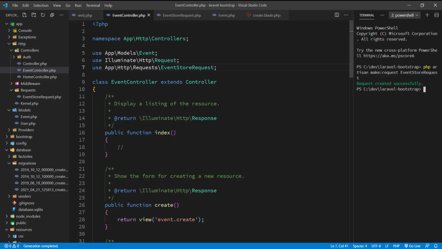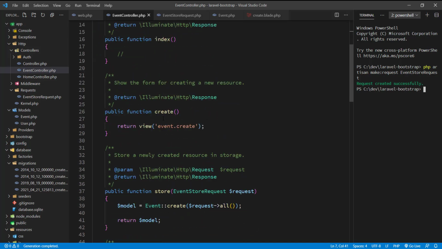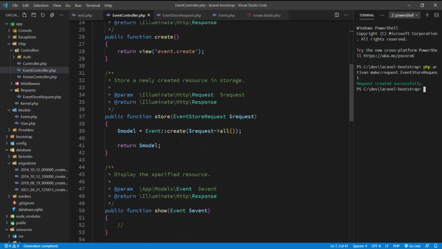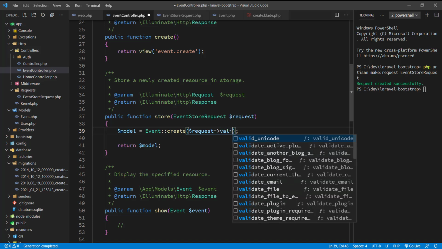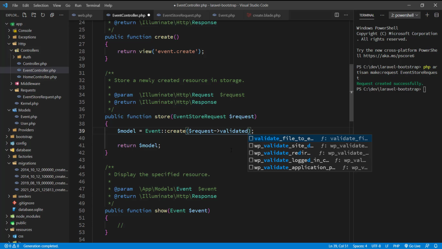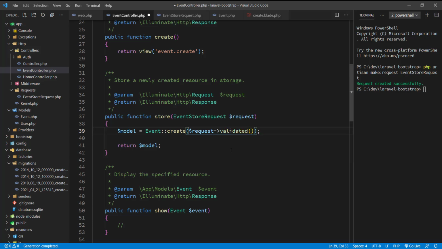And now back to the code, and here you can see it's a much cleaner and much easier way. But instead of using request all, I need to use the other method, that is request validated, which will return only those field values which have been validated. So these would be all true values. Now let me save,